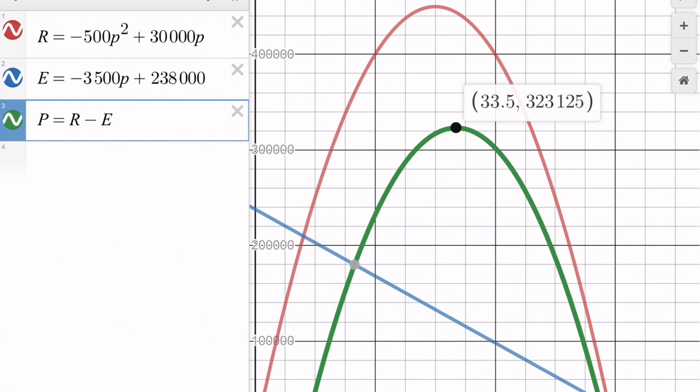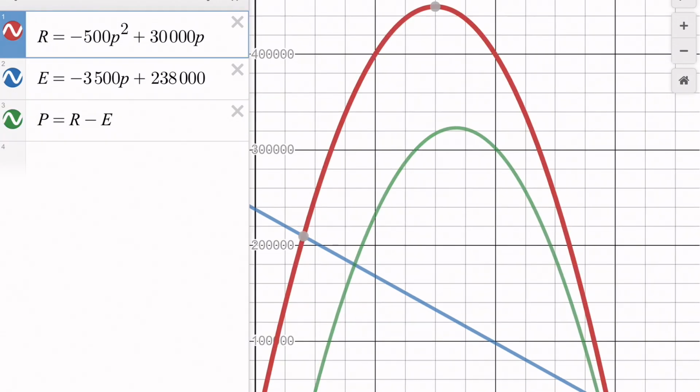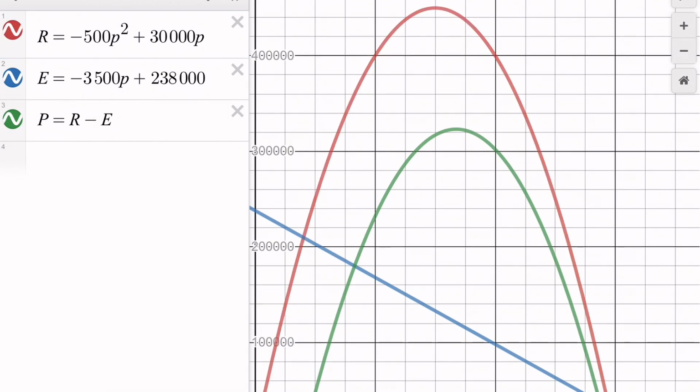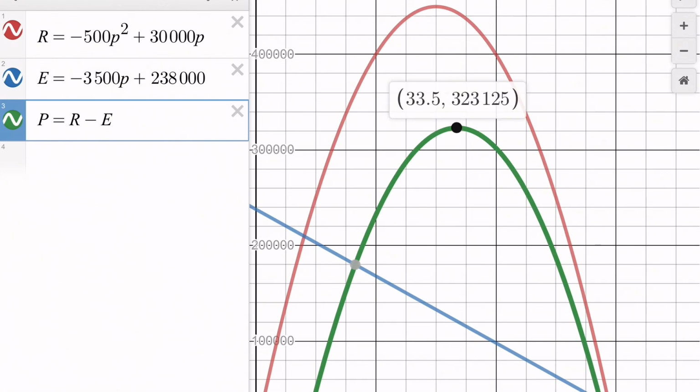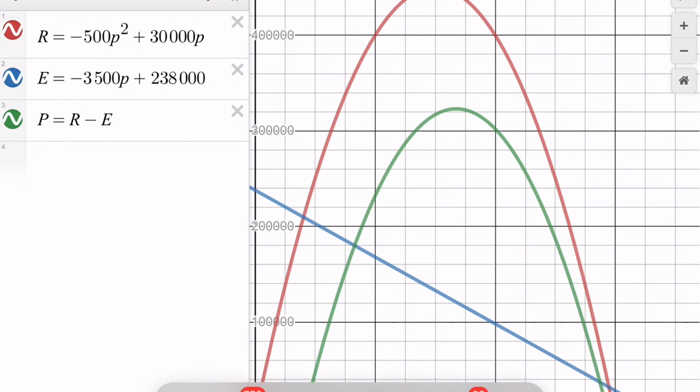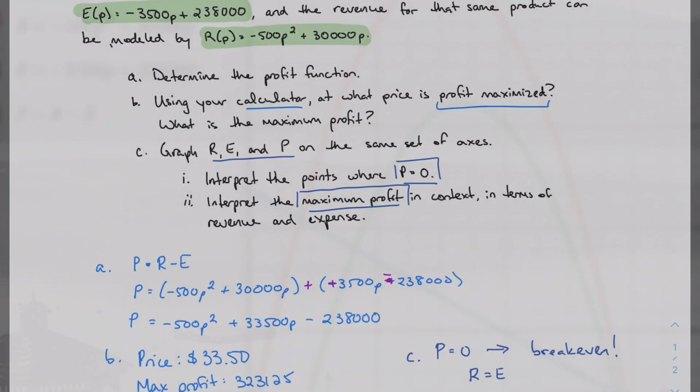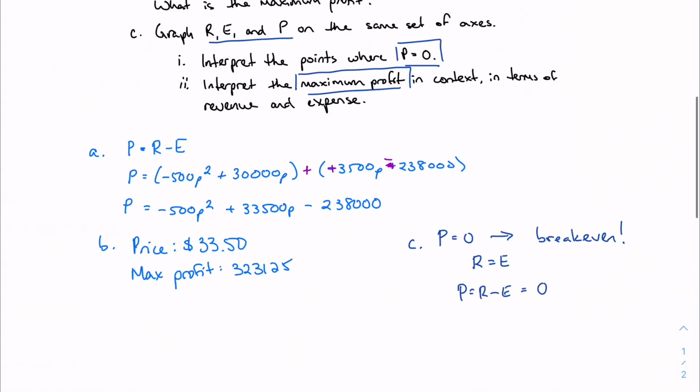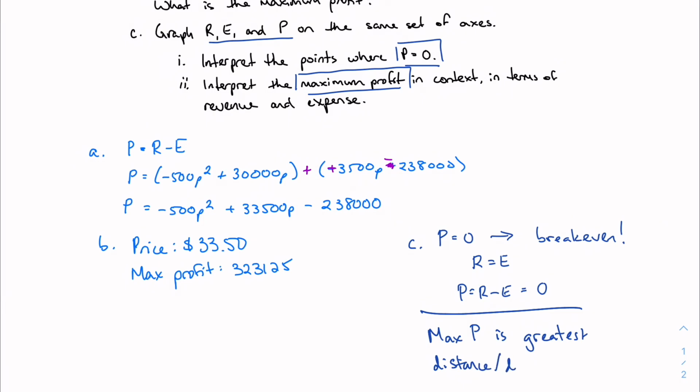That's not necessarily the maximum revenue point, right? We can see that my maximum revenue point is actually a little bit lower. But it represents the greatest distance or the greatest difference between revenue and expense. So maybe I can go back to my notes and write that in also. And I'll say max profit point is the greatest distance, which is the same as the greatest difference, or difference